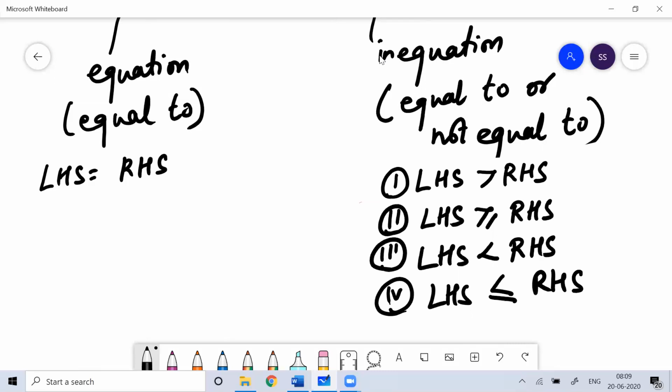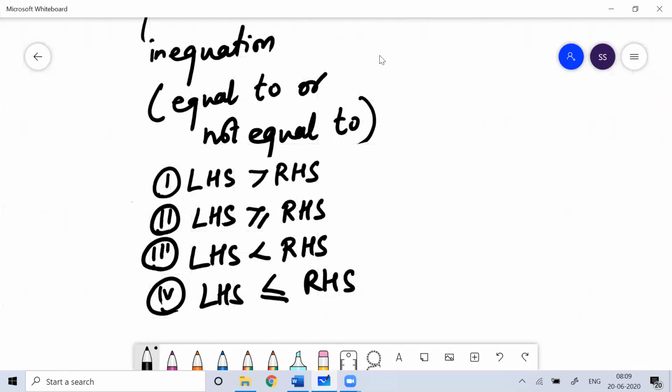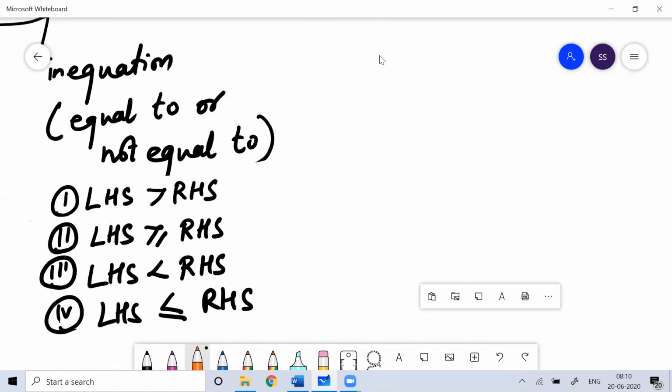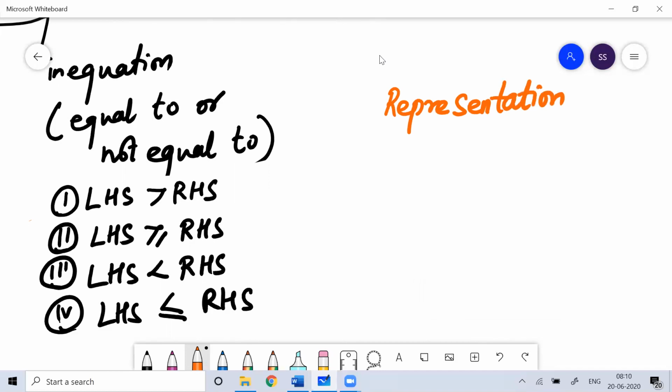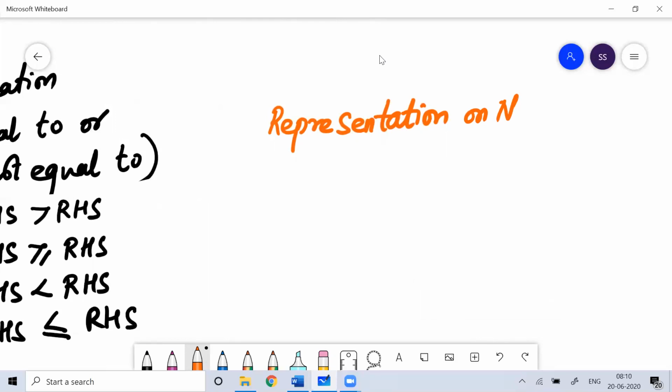Ultimately, what helps us establish this relationship of inequalities, the very important framework which helps us understand it, is the number line. On the number line, we talk about the representation. When we are working on this representation on a number line, the very important framework which helps us understand this is